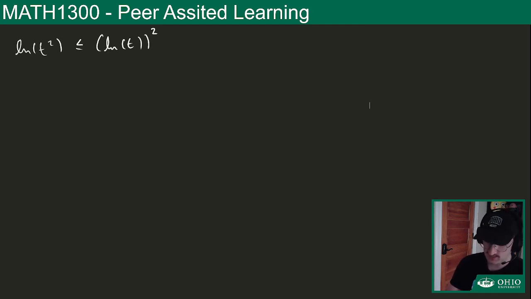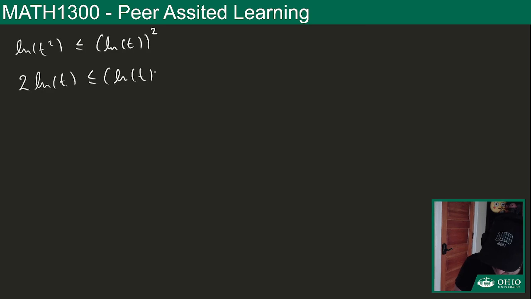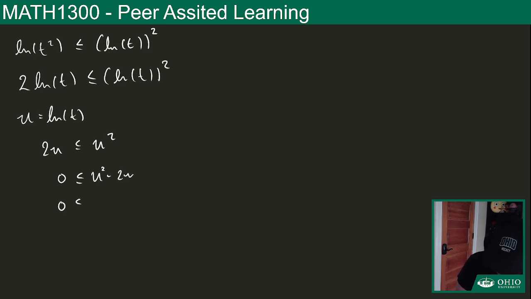The takeaway from that video is that we need to use U substitution. So I'm going to get started on this problem. First step is to move 2 in front of the logarithm. And then from this point, we can notice that we have a sort of quadratic. I can take u equal the natural log. It's ugly. U equals the natural log of t. Now this gets me 2u is less than or equal to u squared, and I can subtract the 2u, and then I can factor